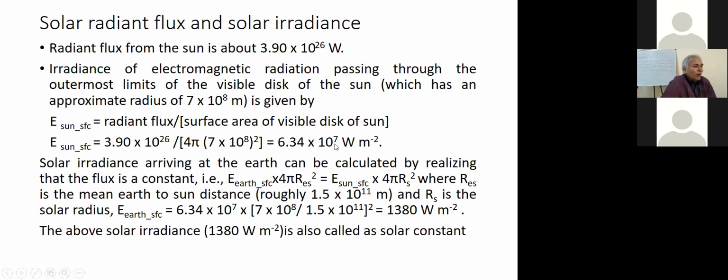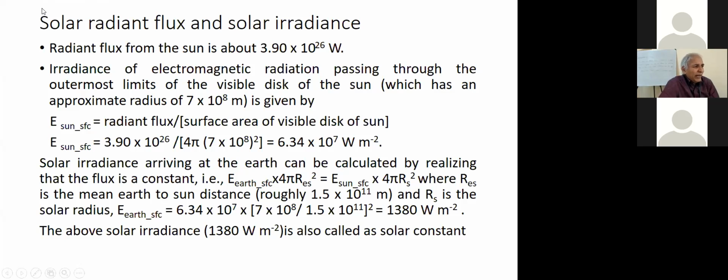So now we can actually use these values to estimate the total irradiance that is received at the top of the atmosphere, Earth's atmosphere. For that, the solar irradiance arriving at the top of the Earth's atmosphere can be calculated